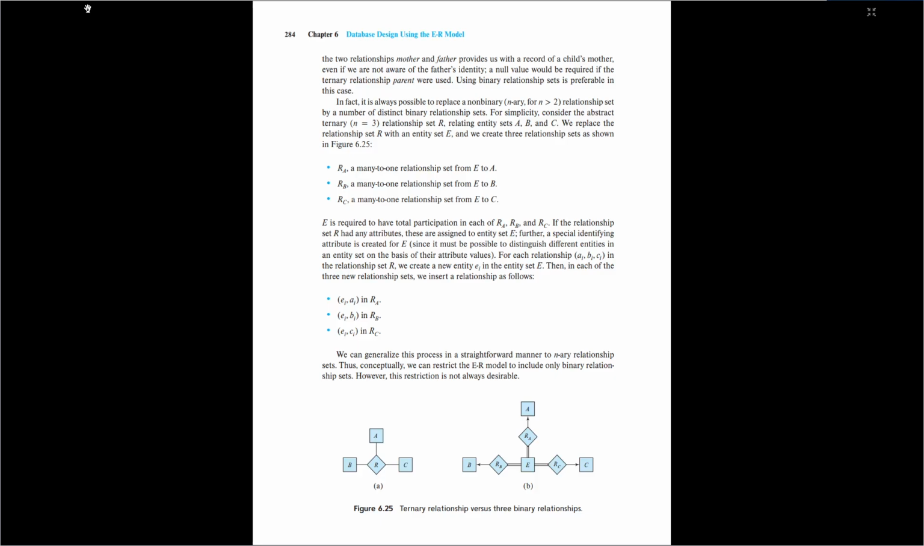Using the ER model, the two relationships mother and father provide us with a record of a child's mother, even if we are not aware of the father's identity. A null value would be required if the ternary relationship parent were used. Using binary relationship sets is preferable in this case. In fact, it is always possible to replace a non-binary, n-ary (n > 2), relationship set by a number of distinct